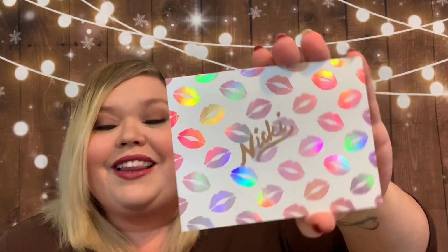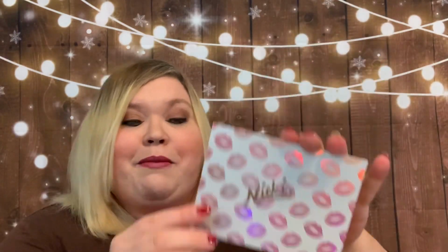So it came in just like a regular USPS box, and when I open it, there's a super cute rose gold lip card with my name on it. She wrote on the back, and it says, "Nikki, this was so much fun. I hope you enjoy everything. Your rose gold color represents style, elegance, romance, love, and inspiration, among other things. So I hope each of these goodies is a fun way to add a touch of these characteristics to your day